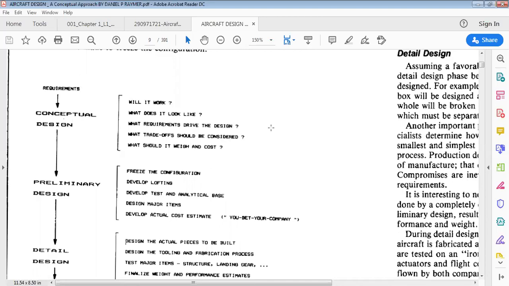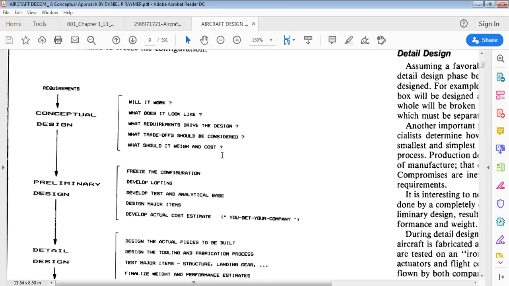Here itself, in the conceptual design, you will tell that, okay, I am going to design for a military based, or it may be aerobatic based, or transport based, or civil based aircraft. So it depends upon which trade-off studies you are going to consider, and what it should weigh and cost. Here itself, you will tell that this much is the total design gross weight of the aircraft, and what will be the cost. So weight and cost are directly proportional. If you increase the weight, the cost also increases in aeronautics. Clear? So always we are concerned with the weight of an aircraft.